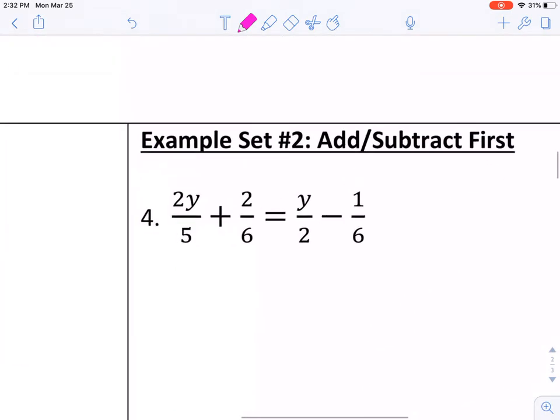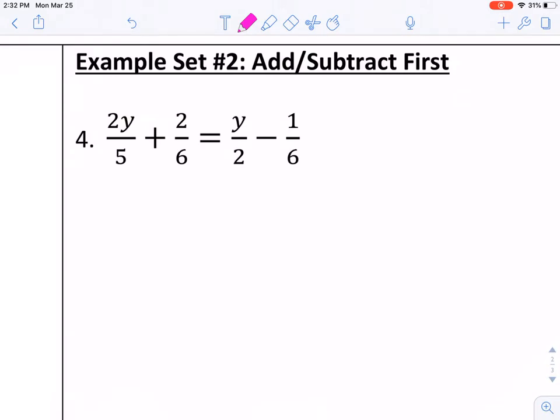Now, what happens if we're adding and subtracting fractions? Okay, well here, this is where we start multiplying by denominators to get rid of the fractions. So if you look at number 4, our very first fraction has a denominator of 5. So what I'm going to do is, because a fraction is like dividing by 5, we're going to multiply by 5. And since it's an equation, if you do it to one term, you have to do it to all